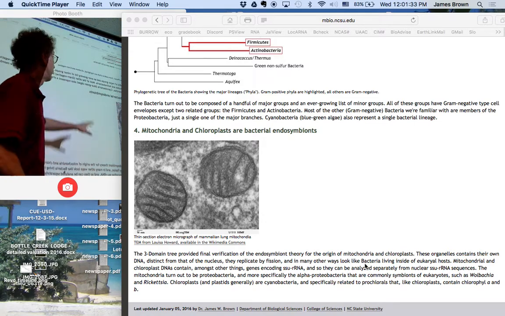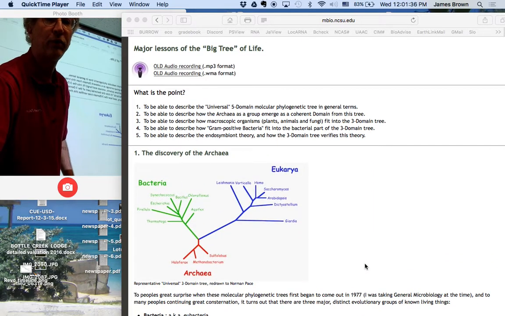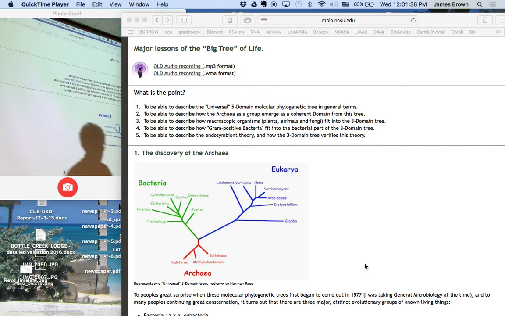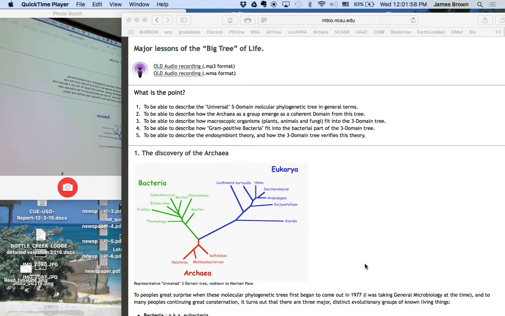How do we know this? How does this tree prove this? It proves it because these organelles have their own DNA, and those DNA include ribosomal RNAs. And so, for example, in the case of Saccharomyces, if you were to do this tree completely, it actually occurs twice in the tree. Once here for the nuclear gene, and once over here for the mitochondrial gene. And an organism like Arabidopsis appears 3 times. Once for the nuclear gene, once for the mitochondrial gene, and once for the plastid gene.